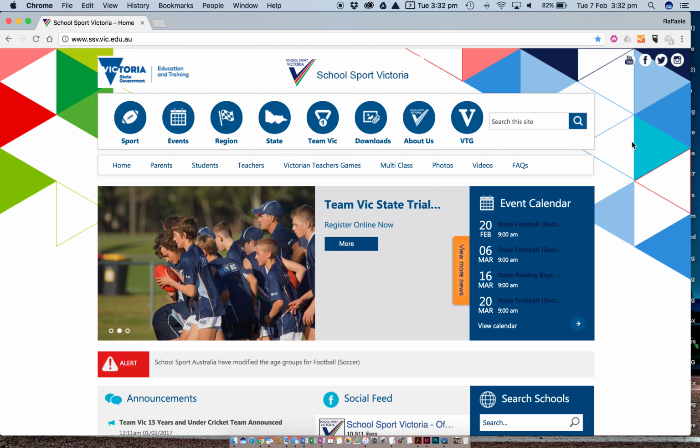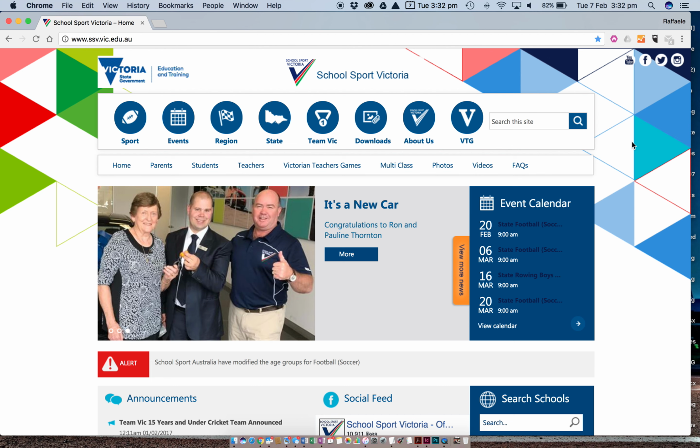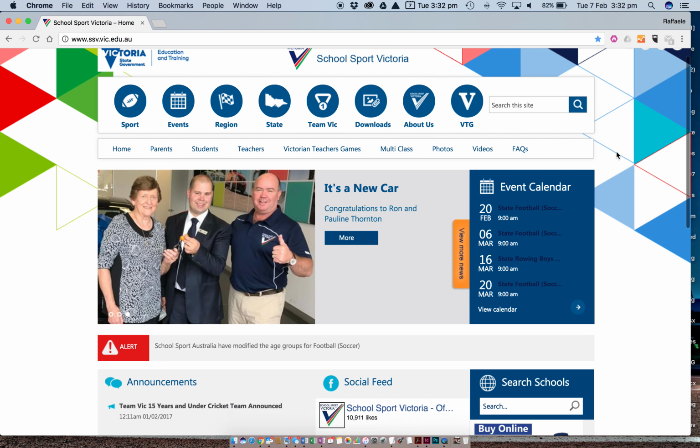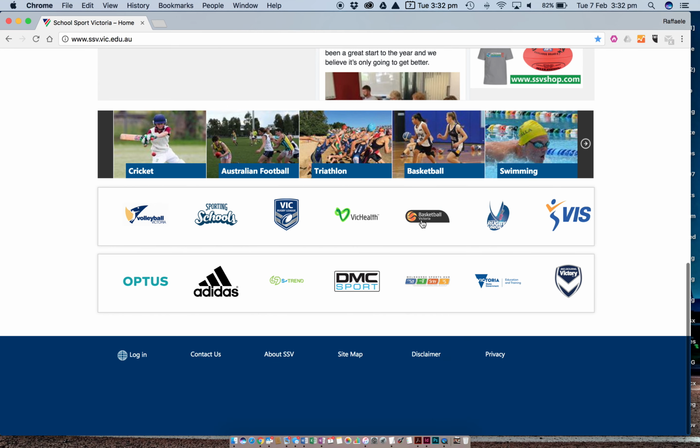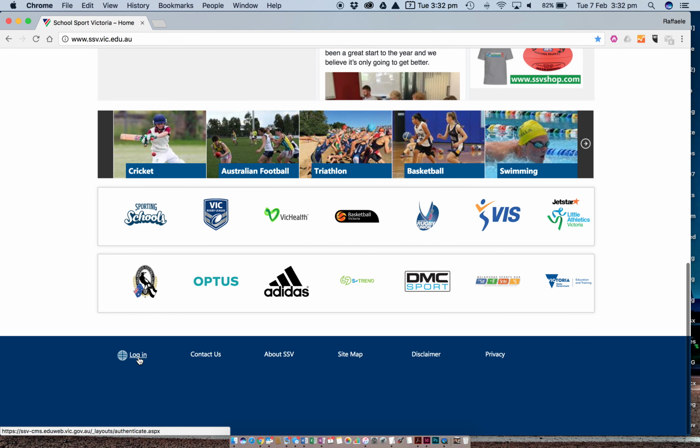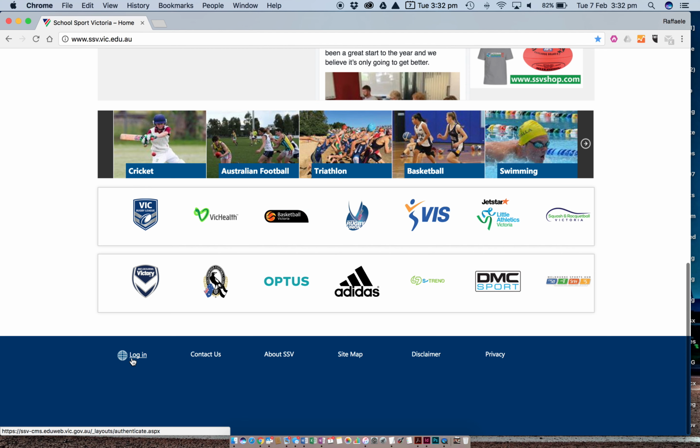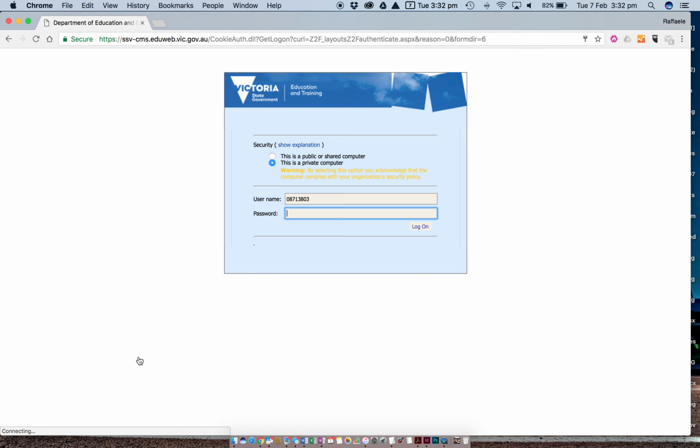So most importantly, the first thing I need to show you guys is how to log in. So just going to scroll down to the bottom of the page, and you'll see at the bottom in the blue panel is a login. Just click on that and you'll be taken to this security access point. Now, as your username, we just want to put in your Edumail user number, and we'll type in your Edumail password. Okay, once you've got that, just select log on,